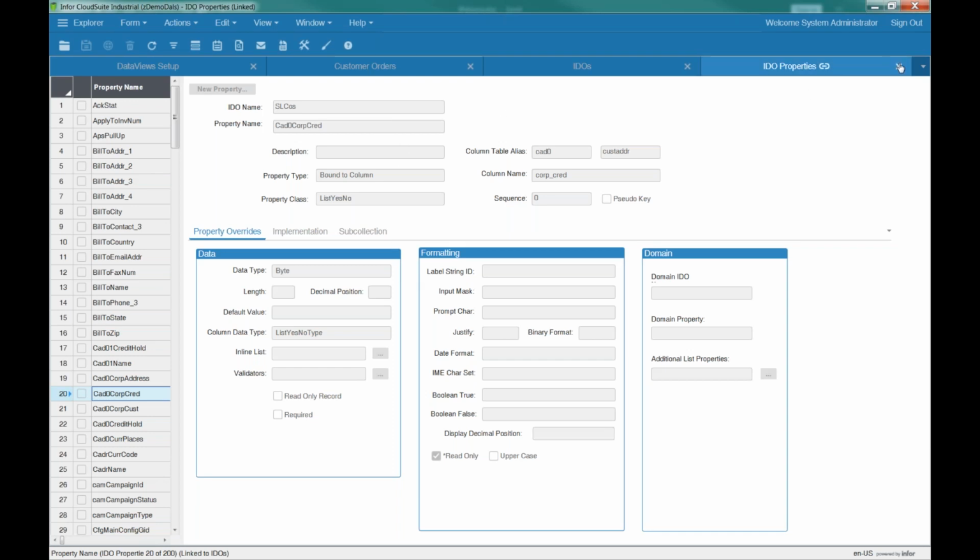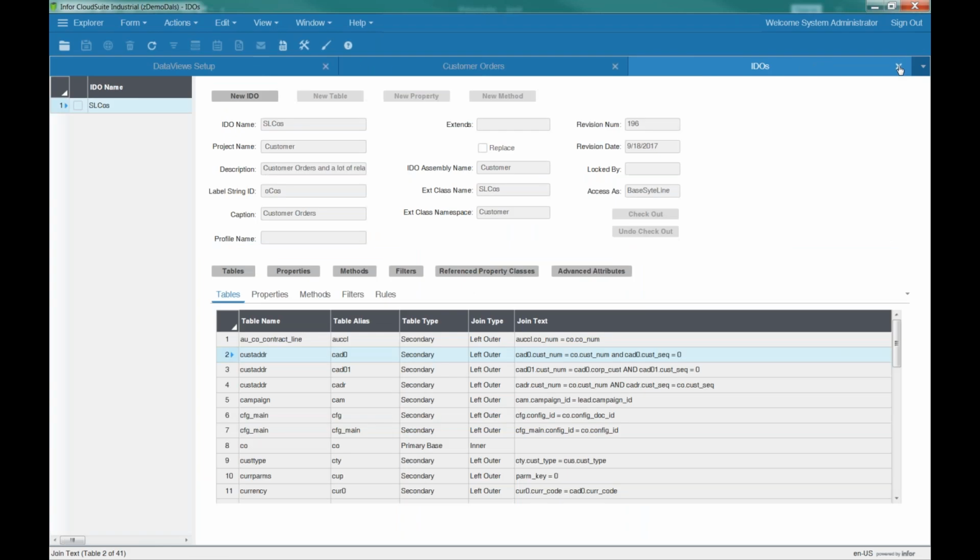The other thing I can do, just so you know, let's say there's some stuff in here that I don't have. Somehow maybe I want to join something else entirely different that's in here? Well, there's a couple of ways you can do that. On that custom order screen, I can actually have multiple IDOs. They're called sub-collections. Or if I want this present everywhere I have custom orders, you actually can take an existing IDO and you can,